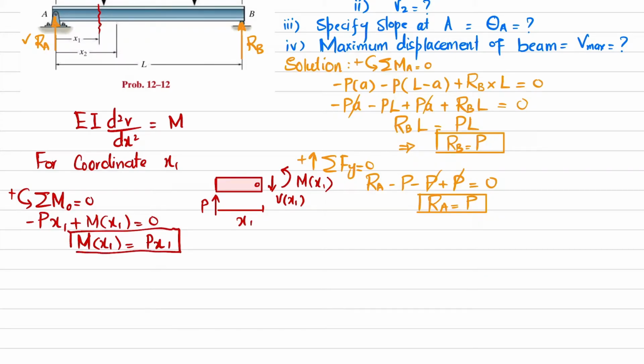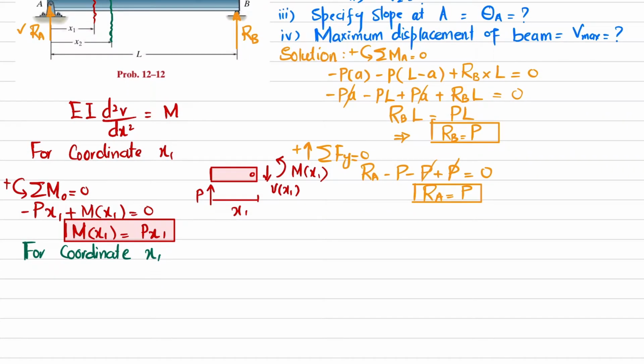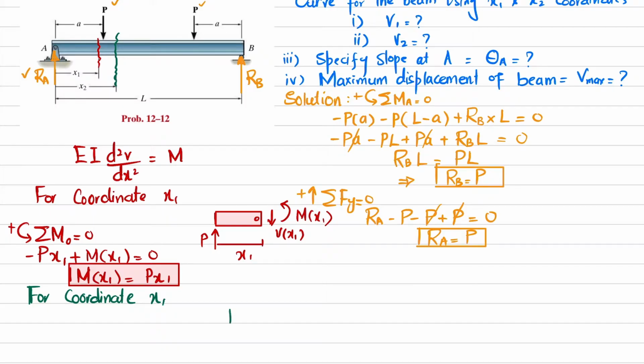So this is the equation of moment for coordinate x1. Now we will find it for coordinate x2. For coordinate x2, we will cut the beam over x2 and draw the free body diagram. So if I draw the free body diagram, it will be like this. Here you have RA, which is P. This total distance is now x2, and here at a distance of A from this end, this is A, we